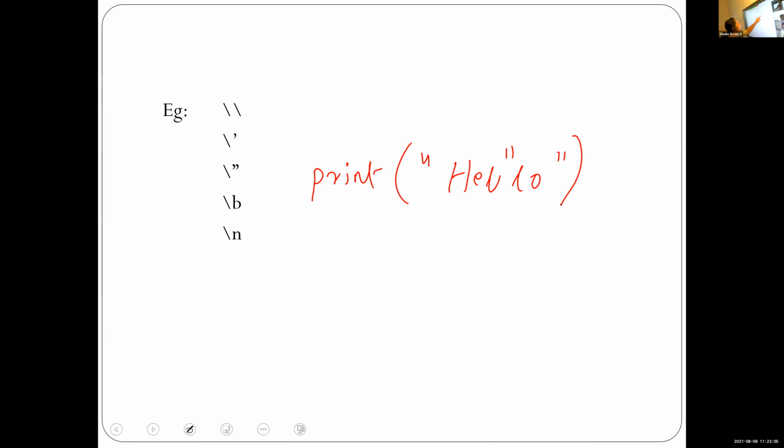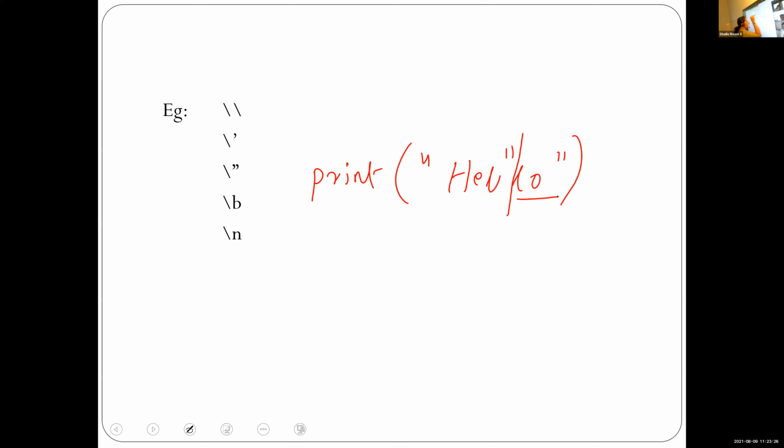If I write a statement like this, the interpreter will give an error message. Why? When we start with double quotes, this double quote will end here. There is no use for the other one. So it will make an error.